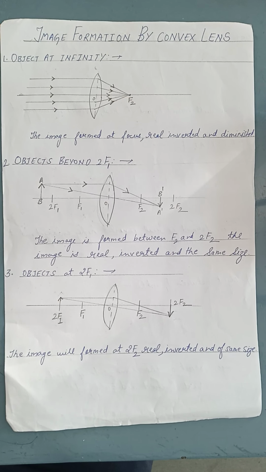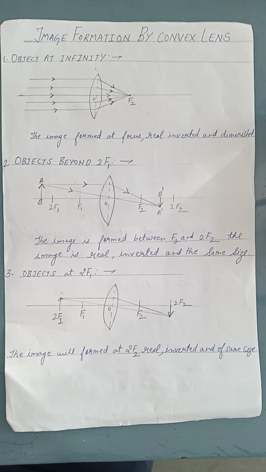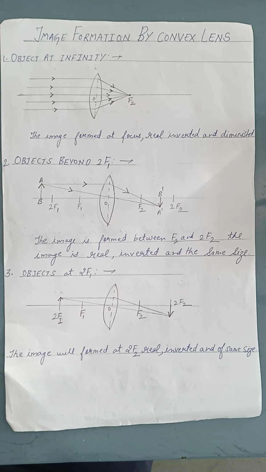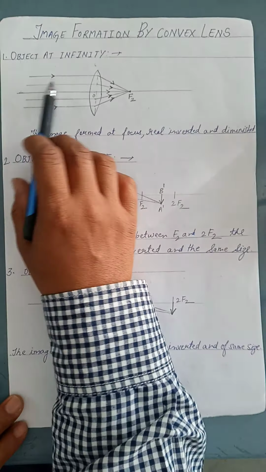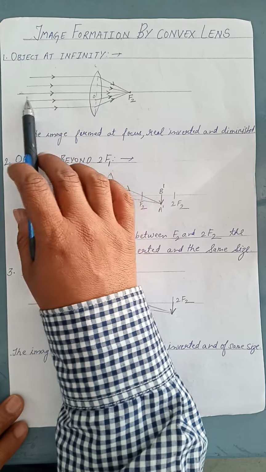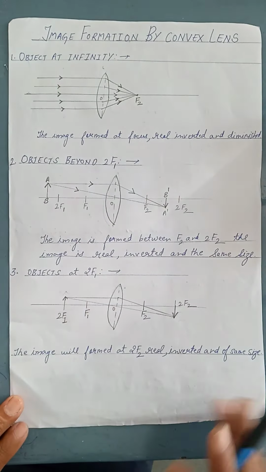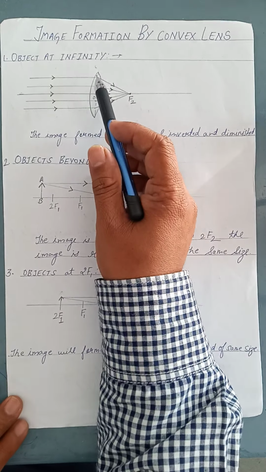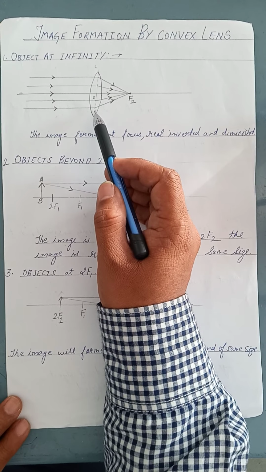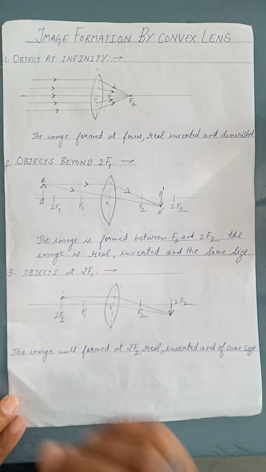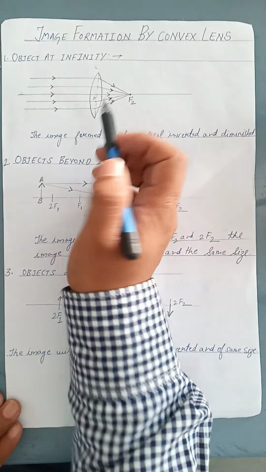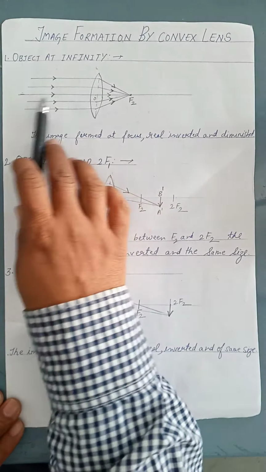Before starting, some changes are there. Previously it was the process of reflection in the case of the mirror. Here there will be the process of refraction for the lens, because the rays are coming from the medium air, and when they strike the lens, the medium gets changed. So here is the process of refraction, and due to the refraction the rays pass through the medium.